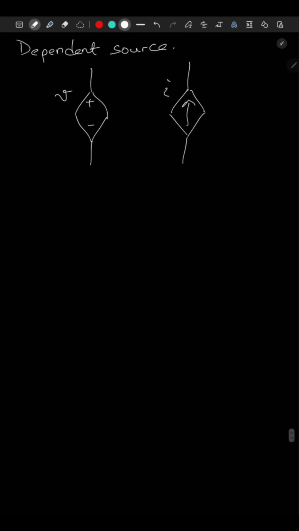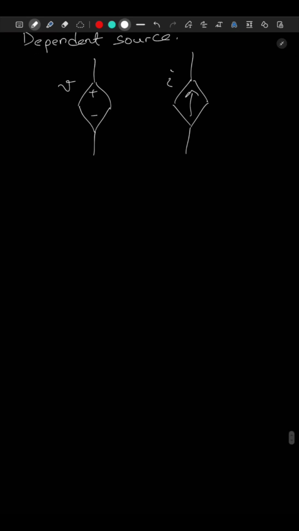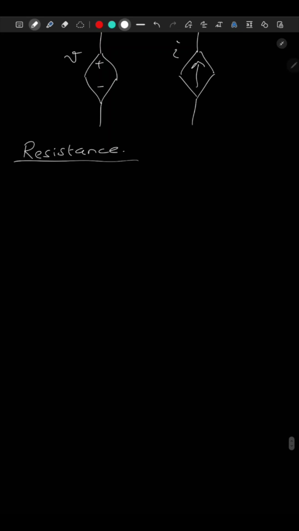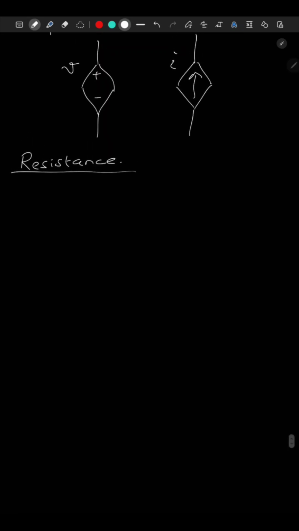So this is the symbol for a dependent source. Now let's define resistance. Resistance is a physical property of an element or device that impedes the flow of current, usually represented by R,